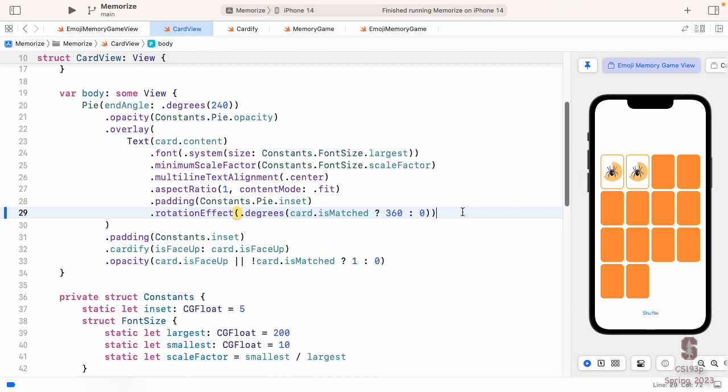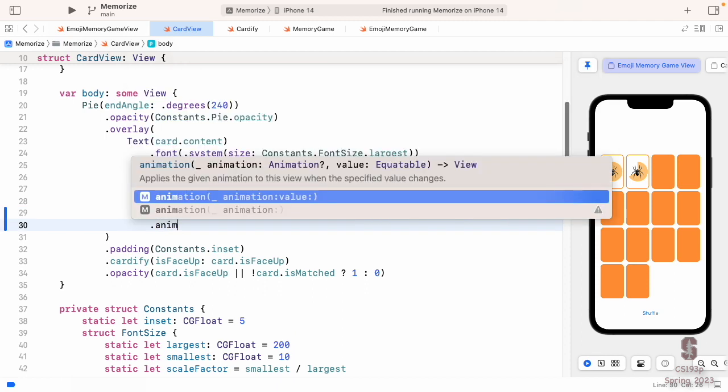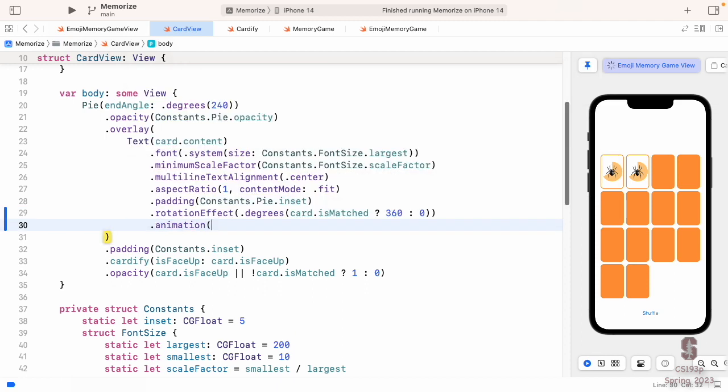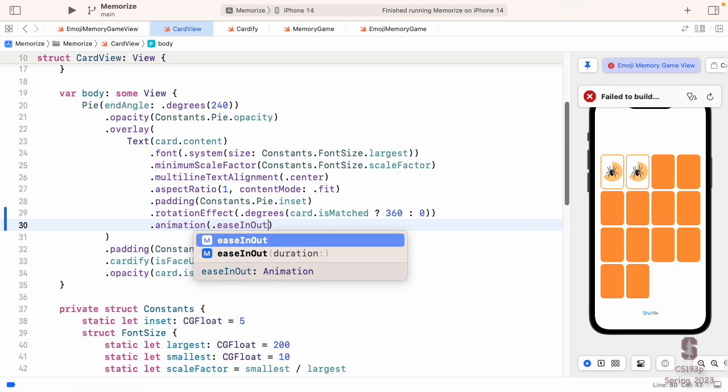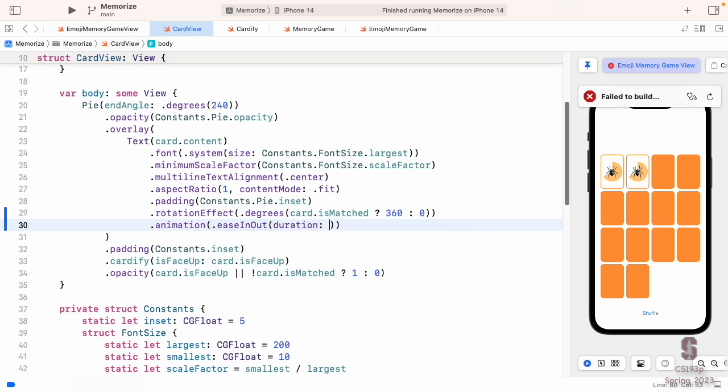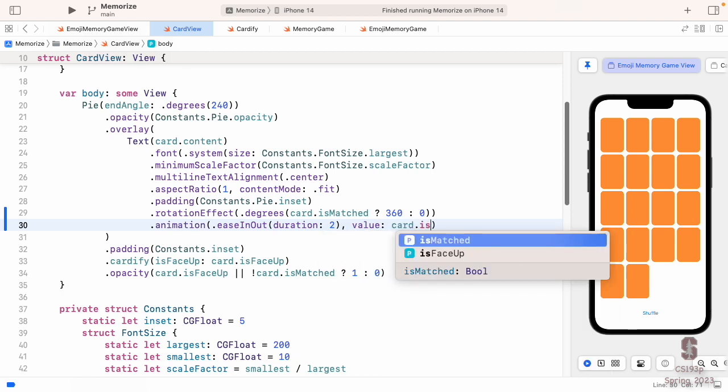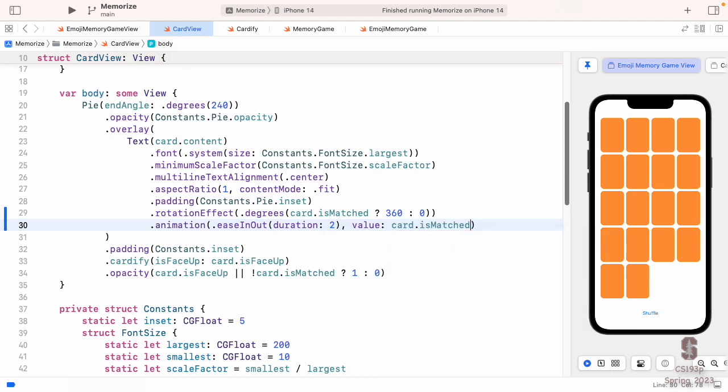So I want to affect the animation. So this is where I would do an implicit animation here. Maybe an ease in out. Maybe I want the duration to be maybe 2 seconds is too much celebration, but we'll see. And I'm only going to do this when the card is matched. There's no reason to apply this animation any other time. No other change should cause this animation. Let's see what happens here. There he is. And now you can really see the ease in, ease out, right?